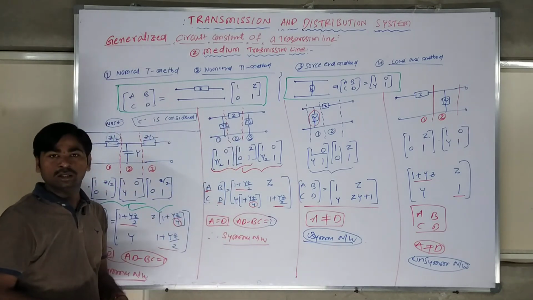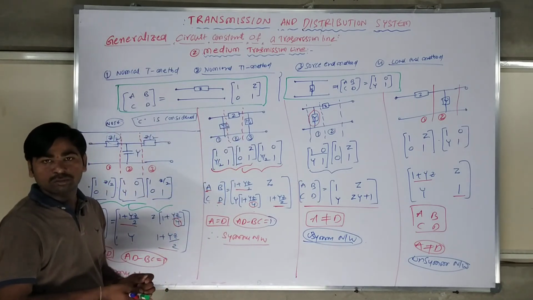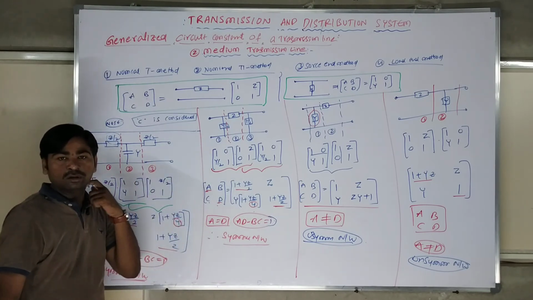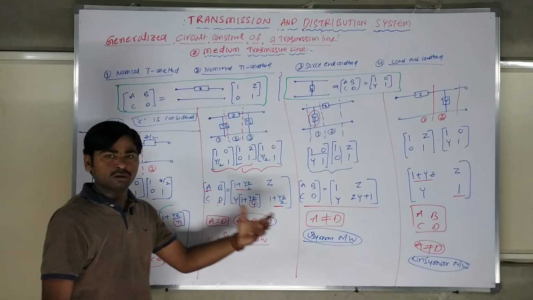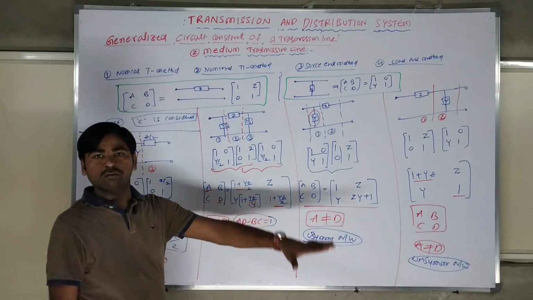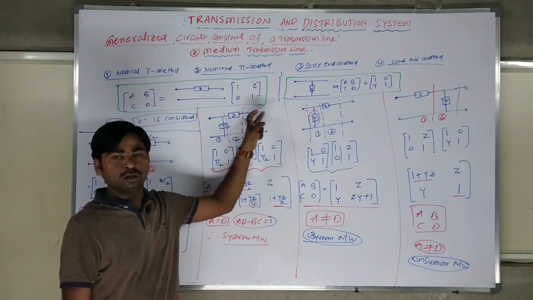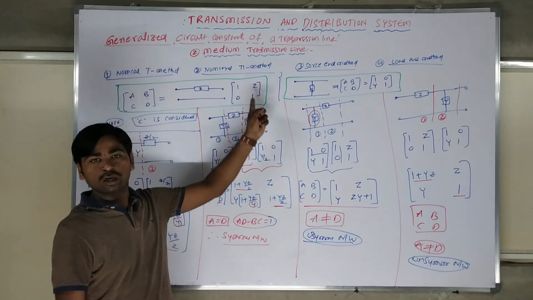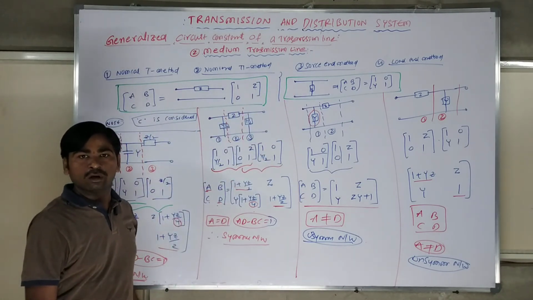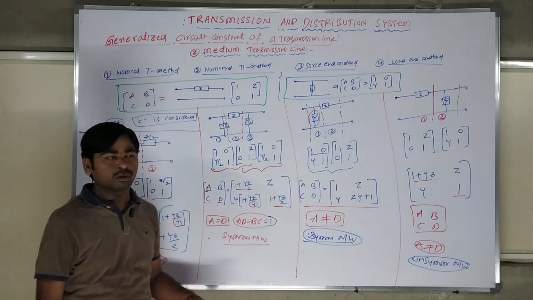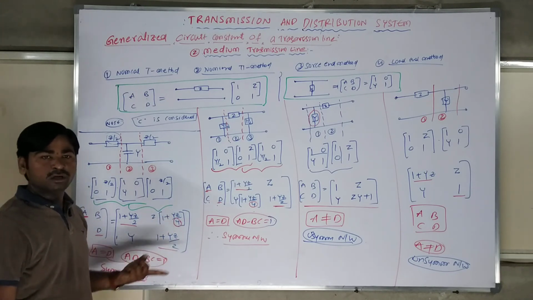I hope you are understanding. This is the easiest method to calculate the ABCD parameters for these four methods. If you go for textbooks, they give a lot of complexities there. Please avoid that. Let us take these two concepts from the short transmission line. If those are not clear, how you are getting these two, please watch the previous video on the short transmission line. You will get some clarity, and after that you can watch this video. I hope you are very clear.